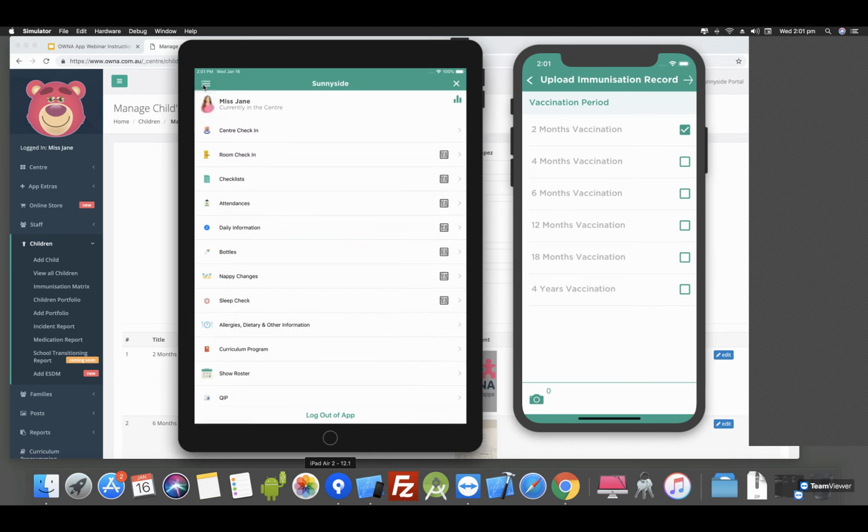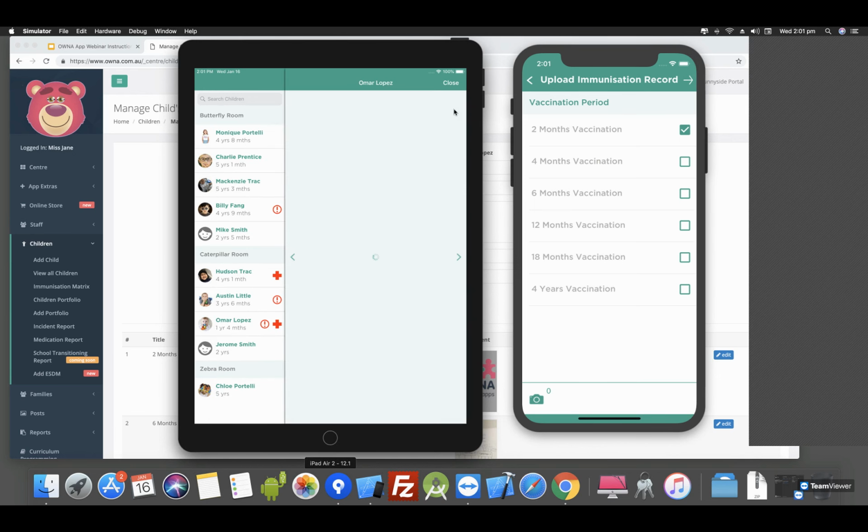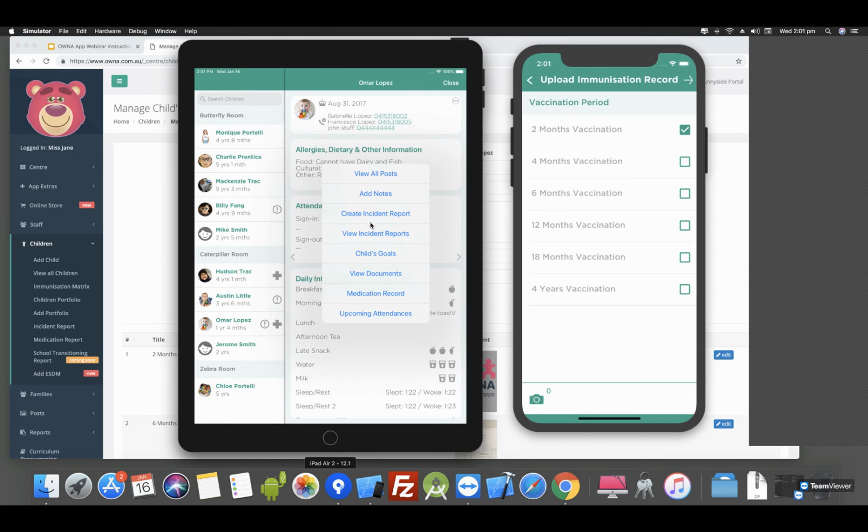So that's your children there. That's what you can do with the kids every single day here. So notes, incident reports, goals, documents, medication record, upcoming attendances. What I want to focus on now is